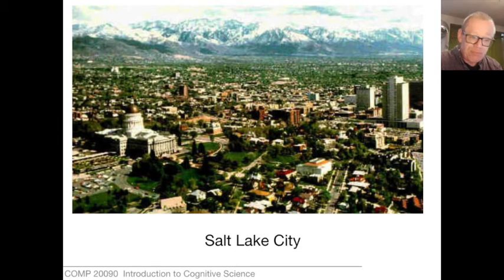Let's just walk through some things we know about maps. So we're doing this virtually. Even in class, we do this virtually because I put up a screen like that and I say, that's Salt Lake City. And of course, it's not. It's an image of Salt Lake City, right? It's a photograph of Salt Lake City. It's not Salt Lake City. I've never been to Salt Lake City. I believe it exists. A photograph gives me more reason to believe it exists. Let's assume for the present purposes that Salt Lake City actually exists.